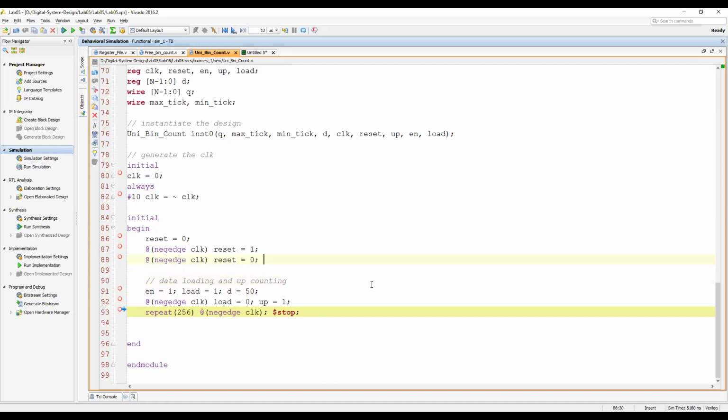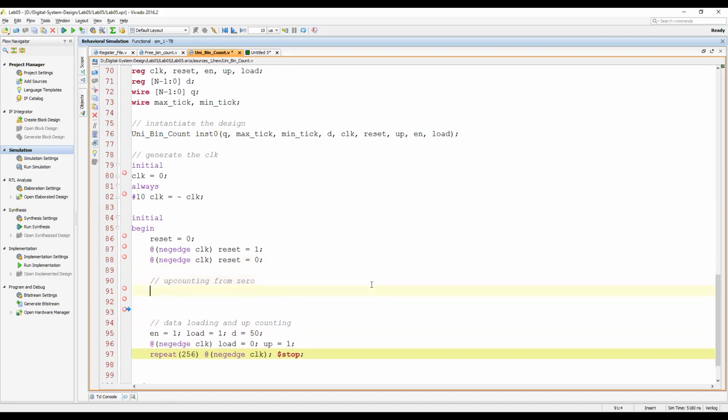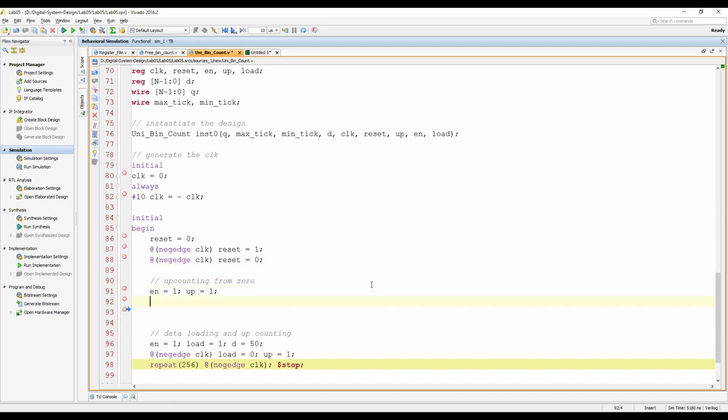Now let's say simple up counting from 0. For up counting from 0, you need the enable signal, then you need the up signal. Just these two signals should be 1 to generate up counting. You need to keep the values alive for at least 256 clock cycles.